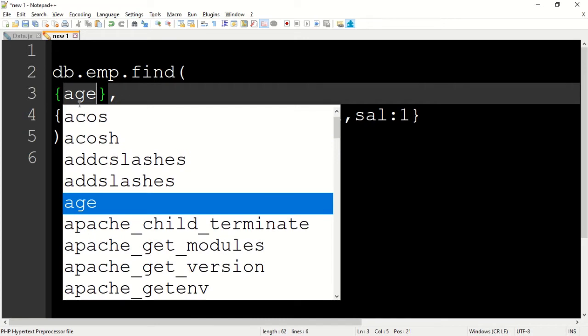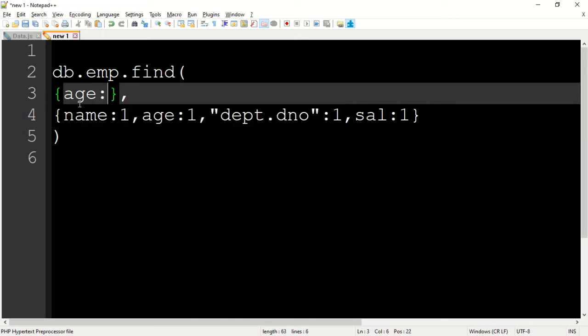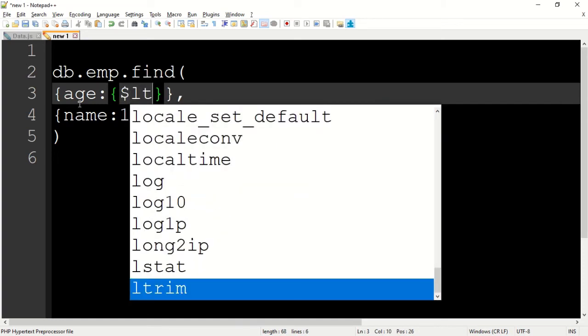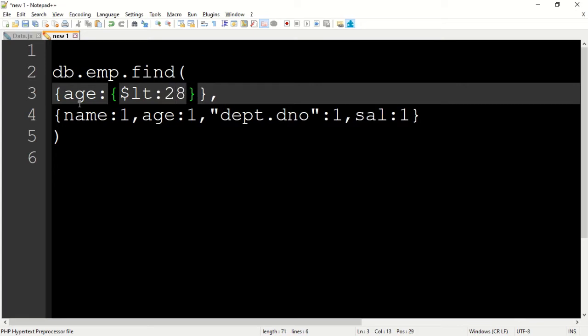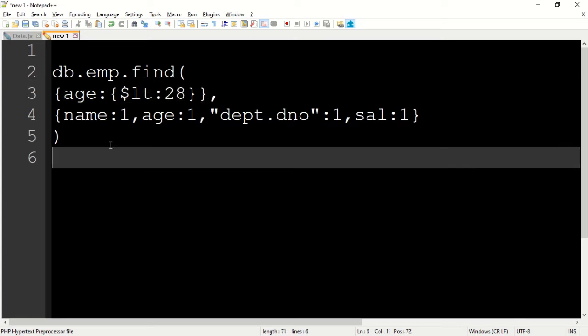Age colon, curly bracket, then $lt colon 28. This means show me all the documents with the fields name, age, department number and salary, but the condition is that the age should be less than 28.